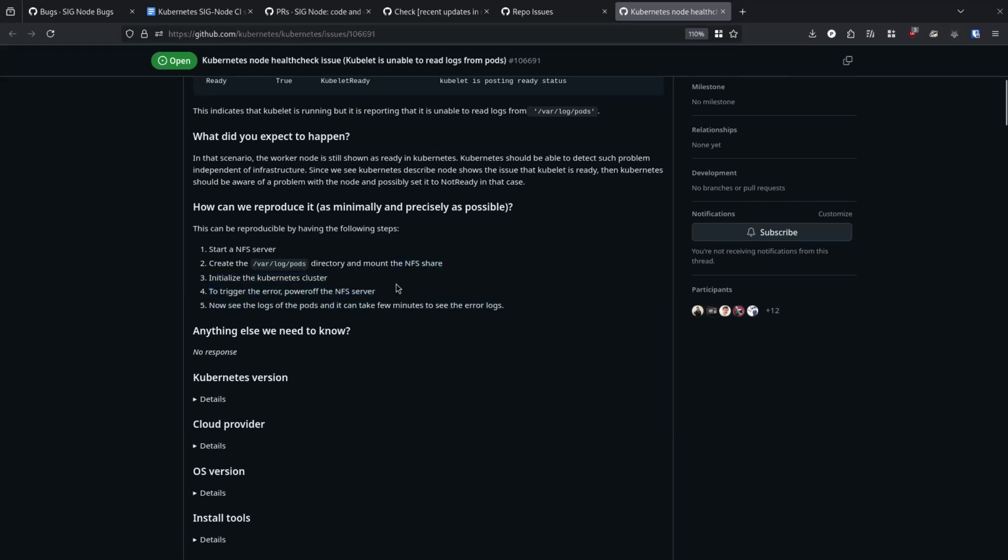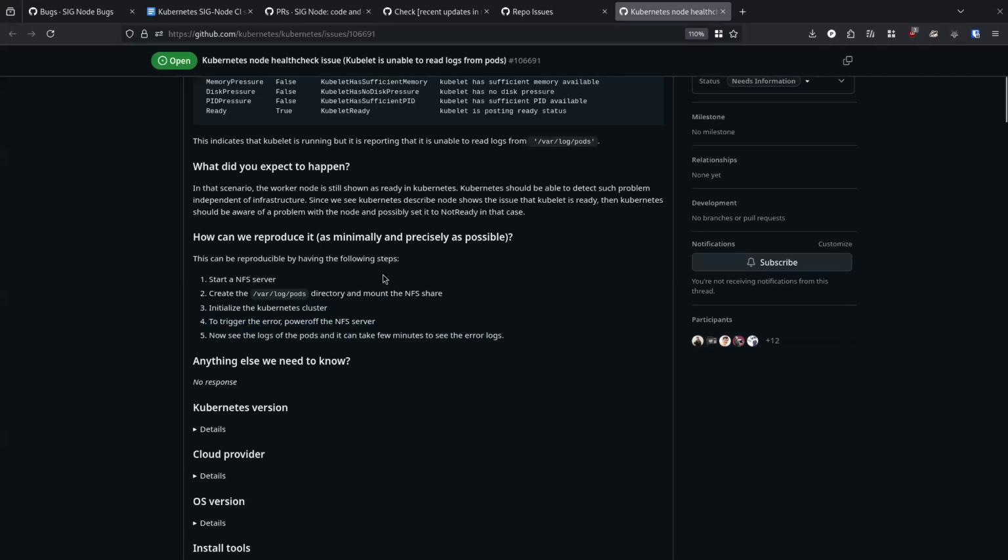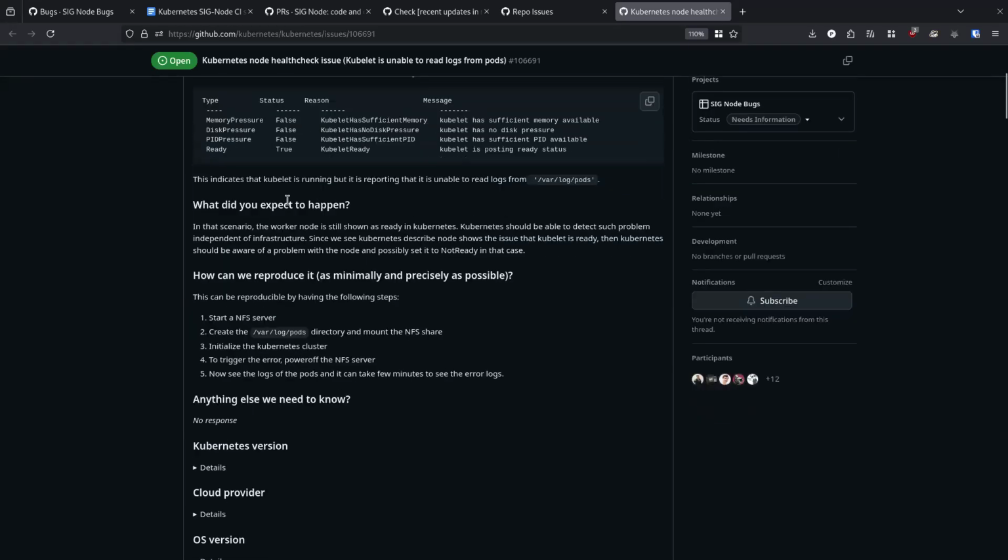It does kind of look more like some weird NFS interaction. Oh yeah, I don't know if it's the pod logs being mounted to the NFS share. I don't think we necessarily support that. Yeah, I don't know if that's a good idea. And also, I don't love the phrasing of Kubernetes should be able to detect such a problem independent of infrastructure. I'm not sure that's actually true. I don't think we necessarily should be able to in all cases. It's a high ask.